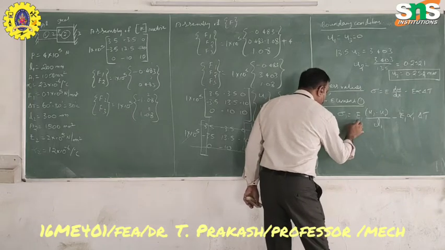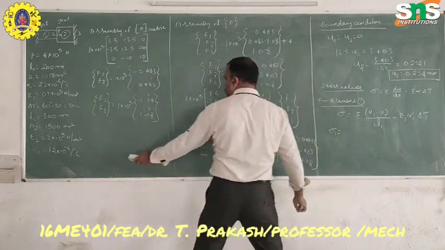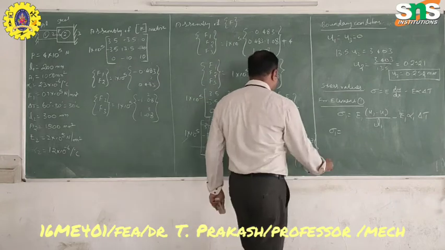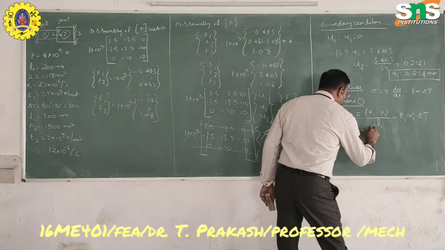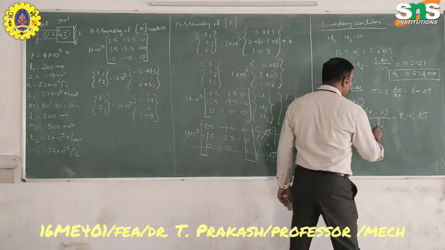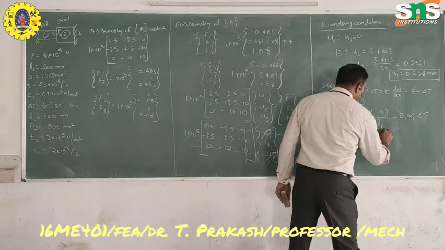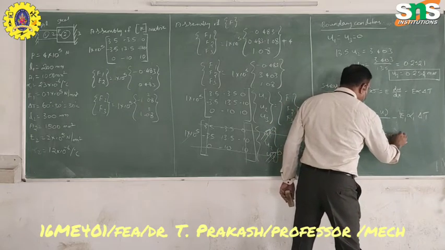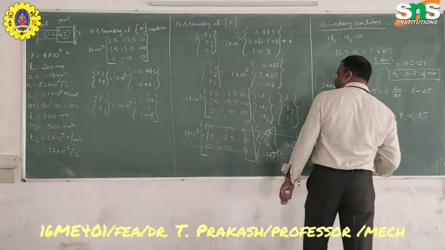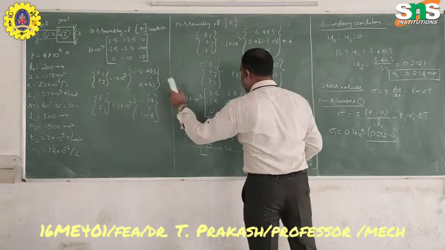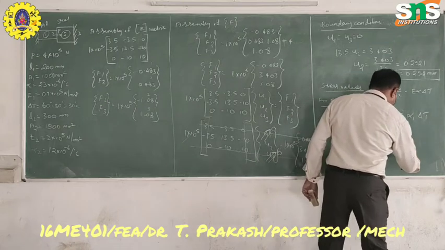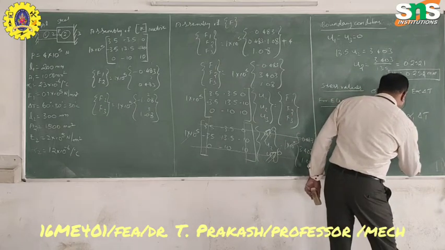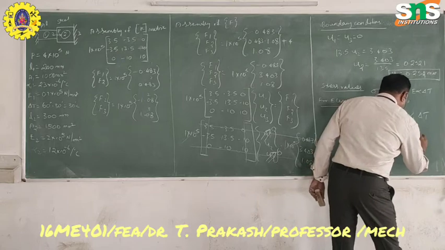E1 is 0.7 into 10 power 5. U2 is 0.252 minus U1 is 0. And the length of the first element, L1, is 200 mm. Minus 0.7 into 10 power 5,